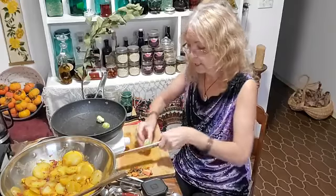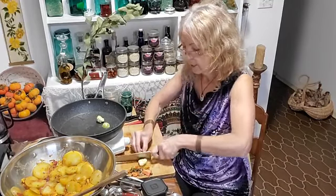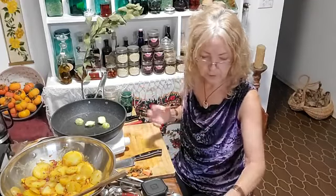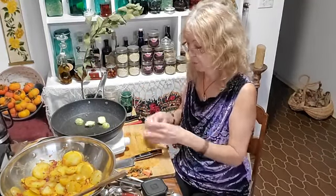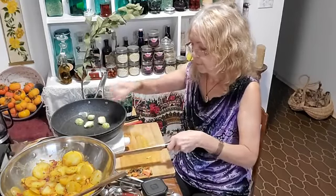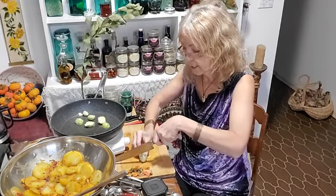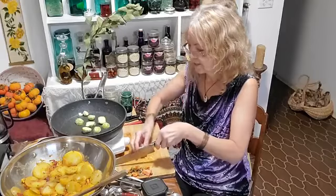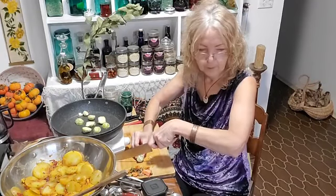The green cabbage has more vitamin K than vitamin C, and the purple cabbage has more vitamin C than vitamin K. The purple cabbage also has so many antioxidants that it's really almost as good for you as goji berries, which are really good for you as an antioxidant, good for your eyes, good for your liver. But you can do purple cabbage instead, and it's cheaper. So yeah, anyways, for your Brussels there,